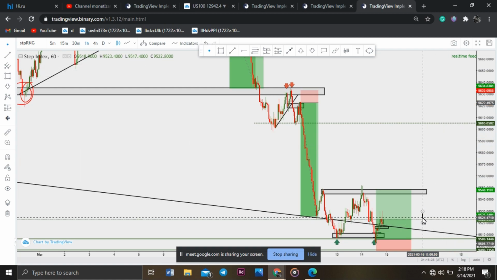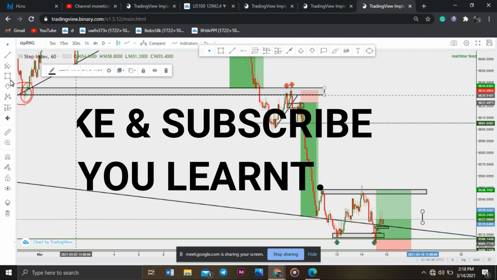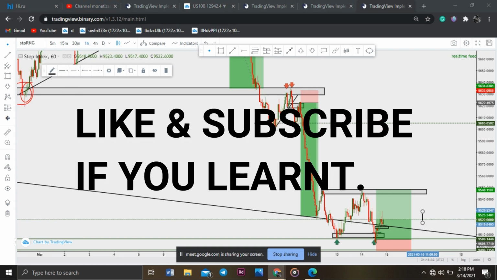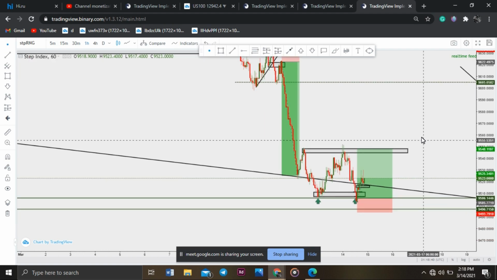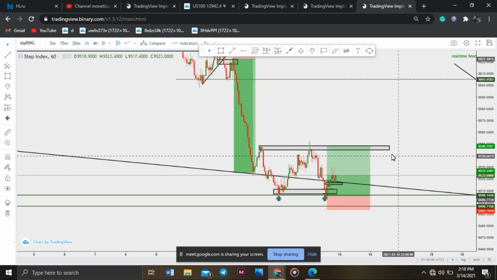Major, you said it. You told me that I would be in love with the step index, and I'm already in love with it. I'm enjoying this session. I'm really enjoying this session. So let's